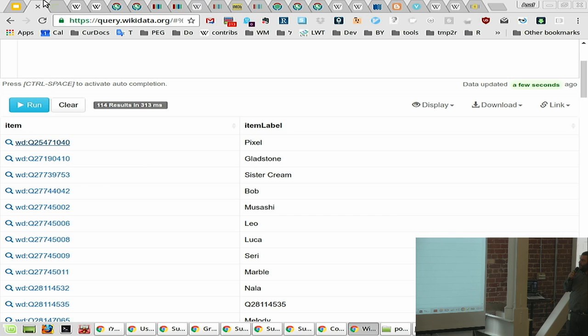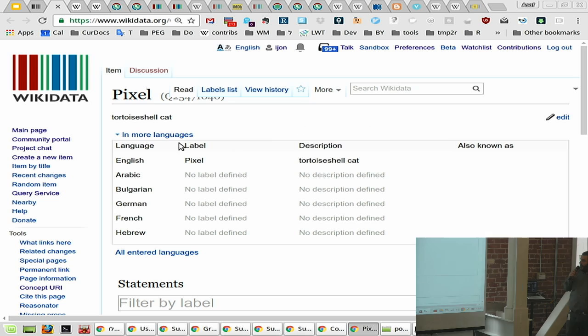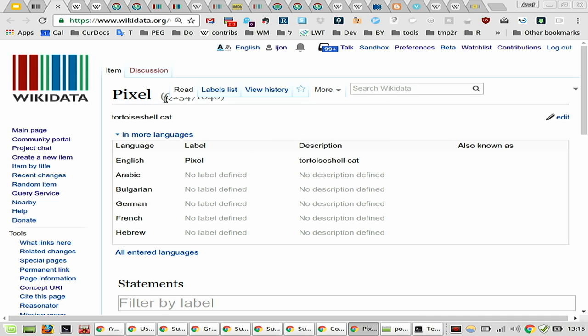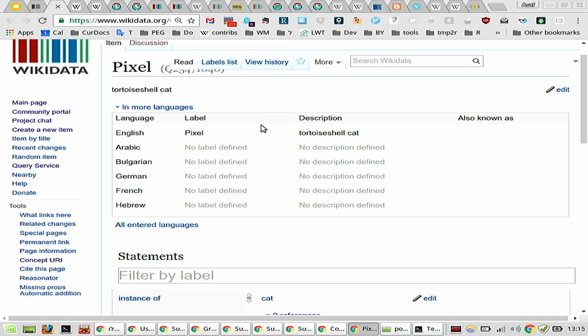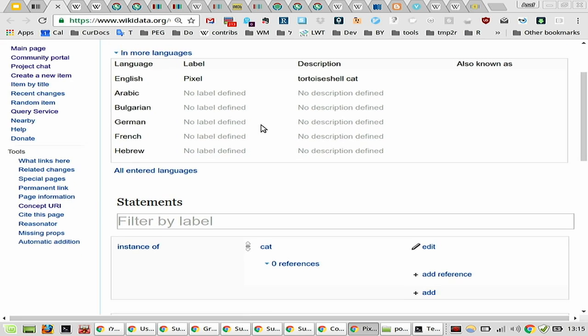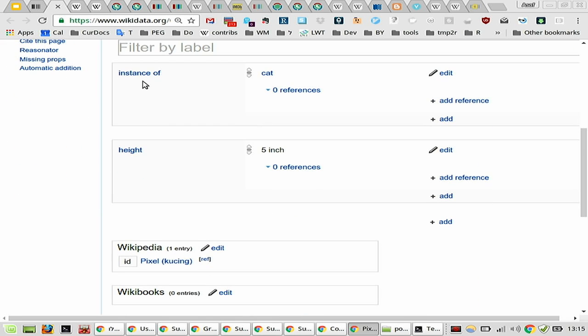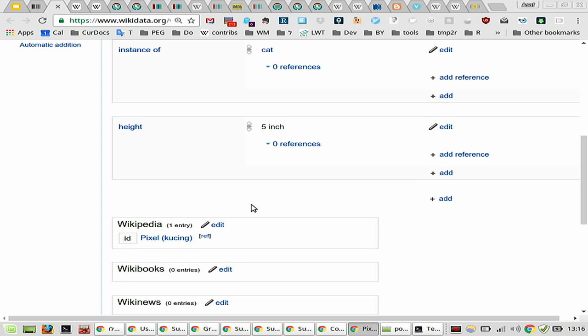I don't know, Pixel, for example. Click the Wikidata item, and here is the Wikidata item about Pixel with the Q number, and he is a tortoiseshell cat, and as you can see, instance of cat, okay, and he's 5 inches high,